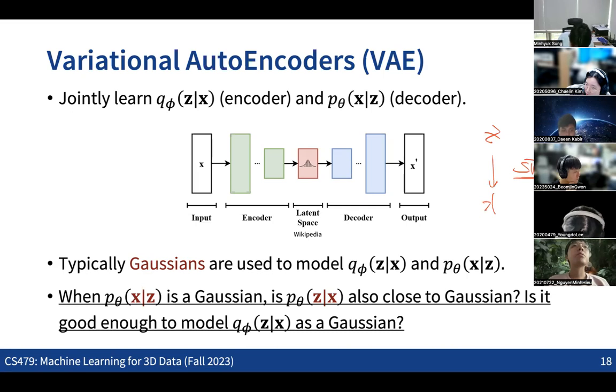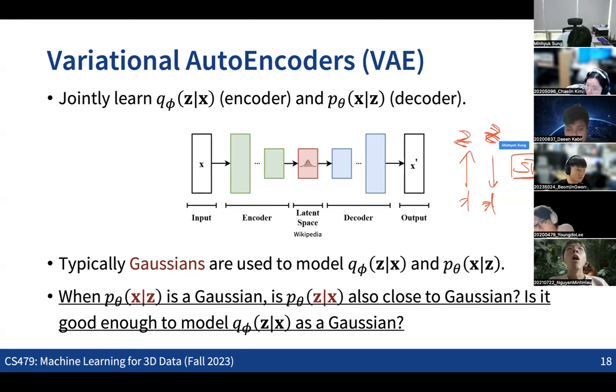Since we are mapping z to x as a single transition, and the other way around is also a single transition, we also want to model both of them as Gaussians. And as we can see in the diffusion model case, with this kind of single transition, it becomes much more difficult to model the other way around as a Gaussian as well. So here what we want to do is model z to x as a Gaussian. But then the question is whether the other way around is also a Gaussian.